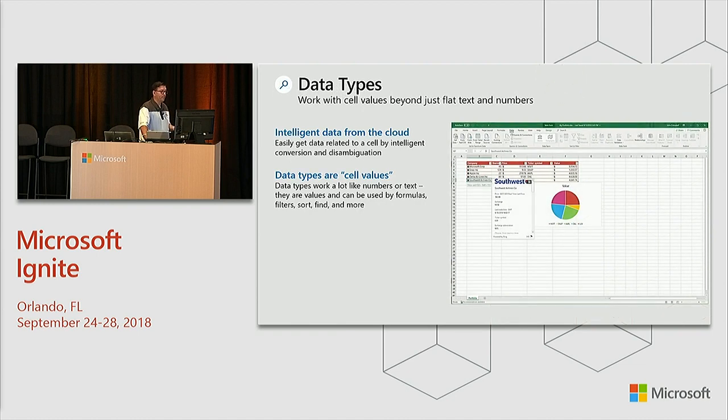Data types is a feature that we announced earlier this year, and we're announcing it for general availability at Ignite. It's really taking intelligent data from the cloud and augmenting what's in the spreadsheet, so you go beyond just a piece of text and a number to an object in a cell, if you will. It's an entity that represents a real-world idea. And the way you want to think of these is as cell values. So let me